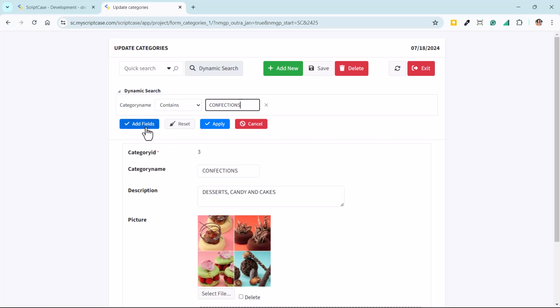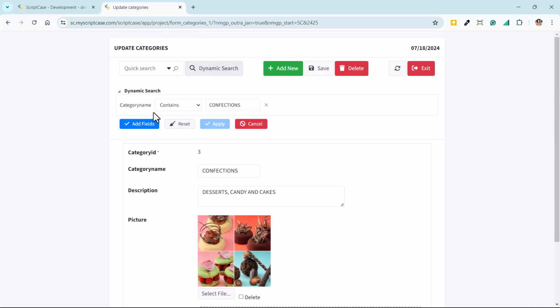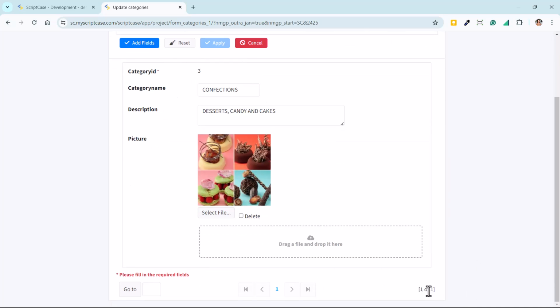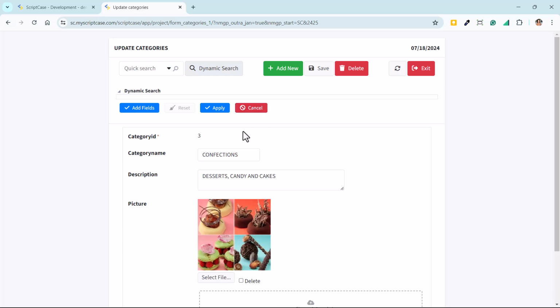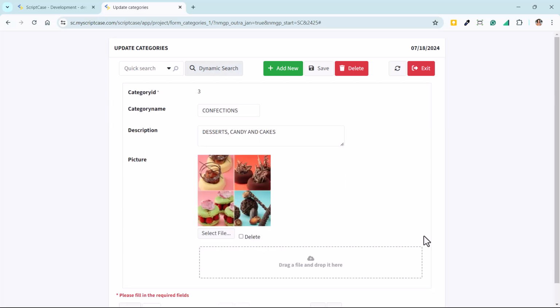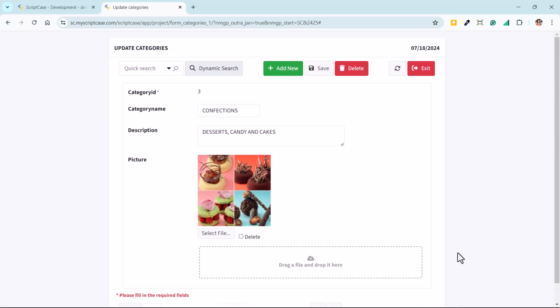In the case of this form I am using here, it doesn't make sense because then we are using a single row. I will focus more in the options of the field itself, but basically you have individual fields and you can search the criteria inside the form application and search. We can see here only one result with this category name. Okay, so then when we cancel, when we reset, we have here all categories again.